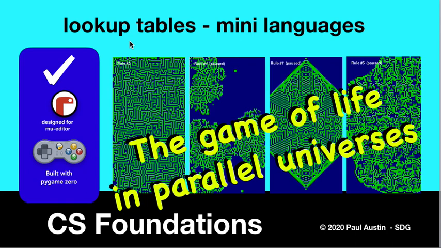Conway's Game of Life. What would it look like in a parallel universe? Not the exact same universe, but a parallel universe that's a little different. Well, we're going to look at that, and we're going to use that as an example to look at two programming tools called lookup tables, and then a small micro mini language. So let's go ahead and bring up our